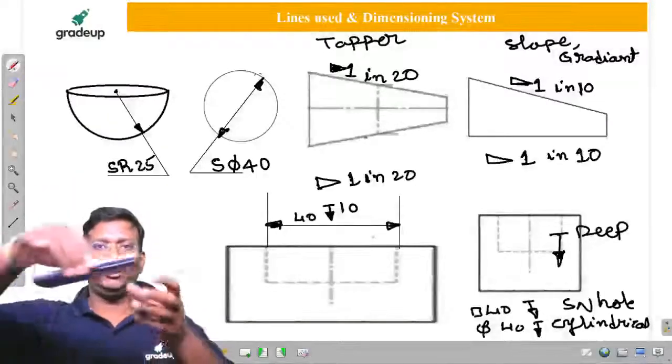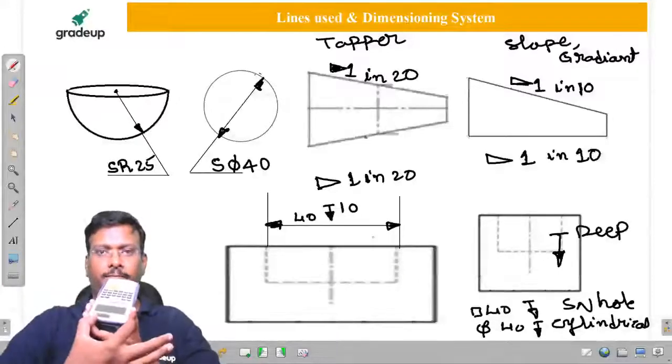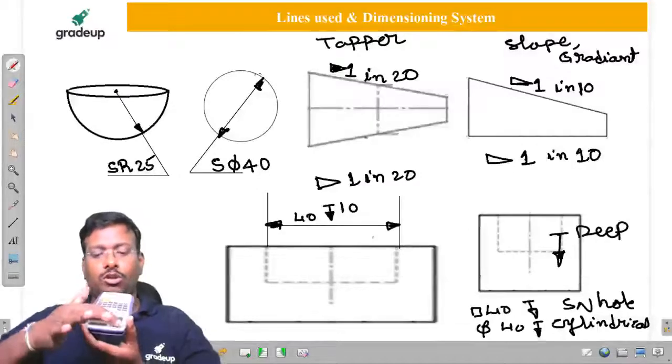So it is an object. I make a hole here. I make a hole here. This breadth is 40, but depth is not 40. Other than 40, then we are going to. No sir, how much